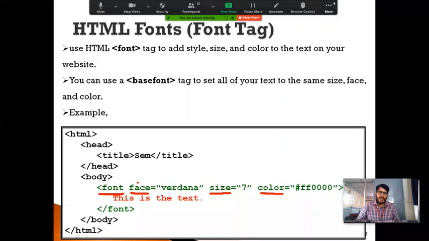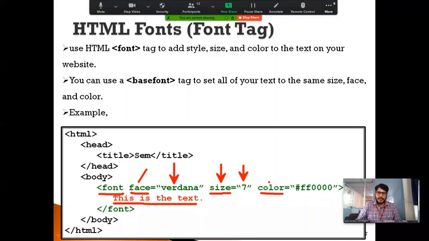With the help of a face attribute, I can set the value for the face. That means we can specify the style for the font, in which style it has to display. In this case, I am setting the style as Verdana so that it will apply the Verdana style for the font I am going to include. And I can specify the size for the font by using a size attribute. In this case, I am going to specify the value as 7.